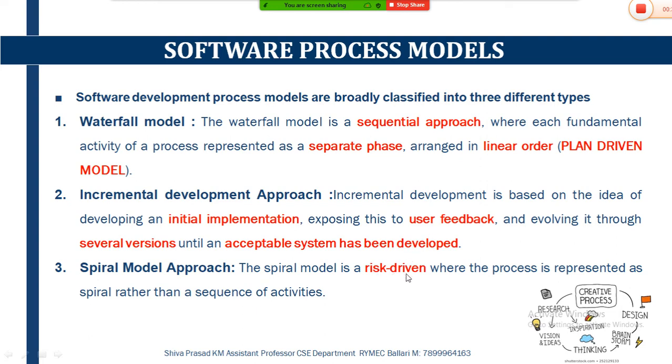Why do we call it a risk driven model? Because it always checks the risk of each and every process which we are going to carry out in the product. In the previous two models, we haven't spoken anything about risk. But in this model, along with all those basic activities, it also identifies the risk in each and every process which has to be carried out for the development of a software product. This spiral model works in a parallel process rather than a sequential set of activities. It works parallelly.